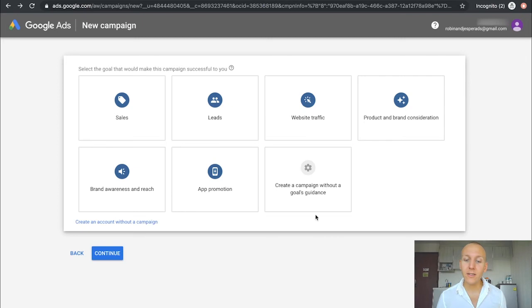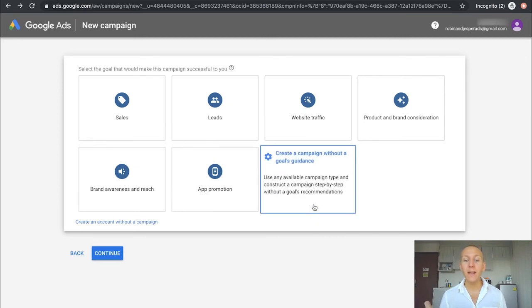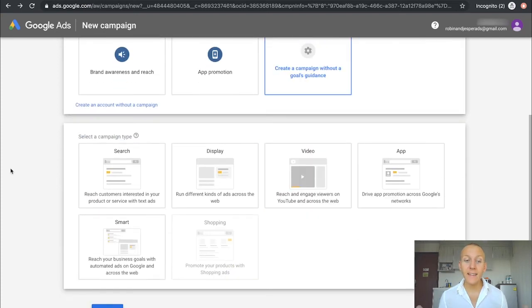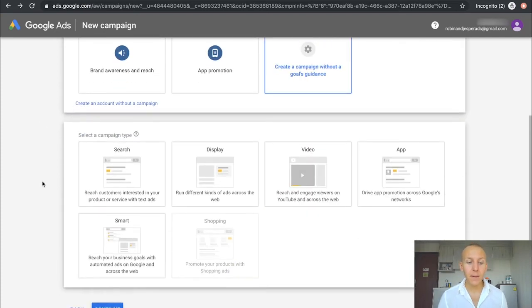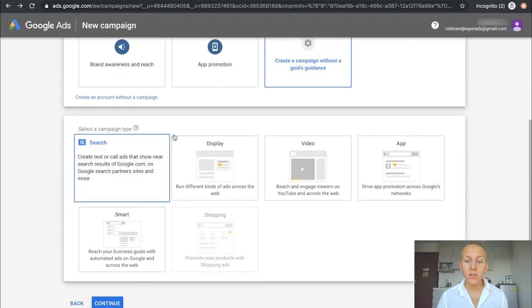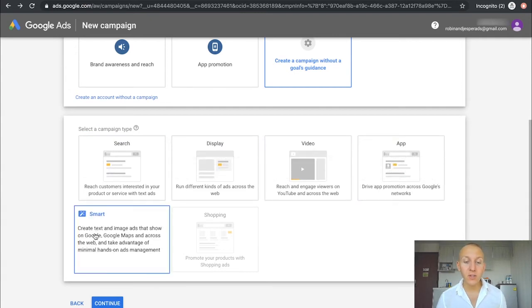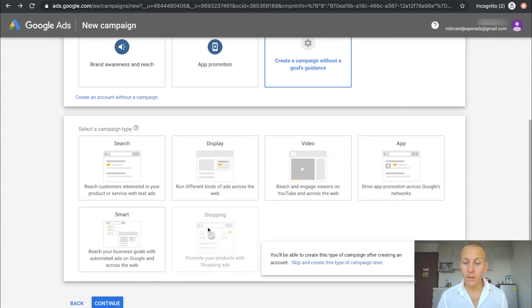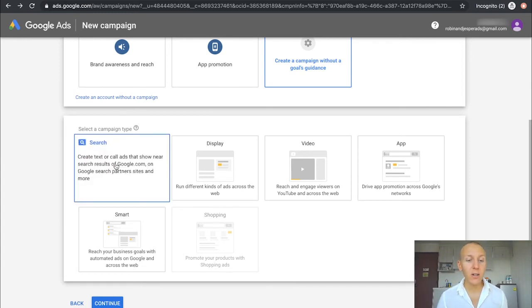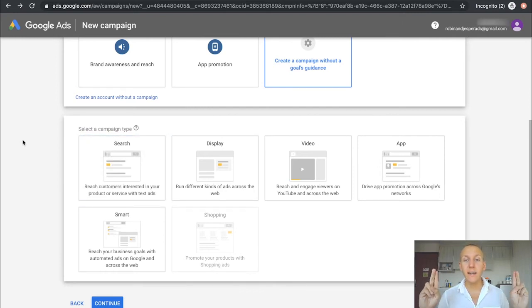So what we're going to do is click on Create a Campaign without a Goals Guidance. I'm going to click here. And next up, we're going to select the campaign type, right? So we have Search, Display, Video, App, Smart, and then Shopping is going to be available. Now, we're going to go through what these mean and what they are, but we're going to start off by clicking on Search,